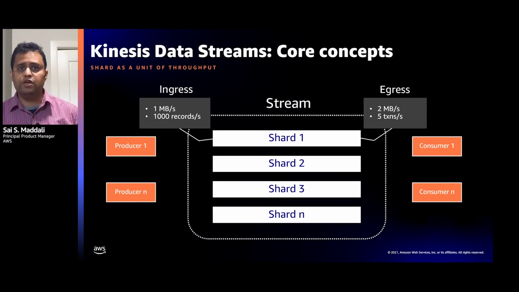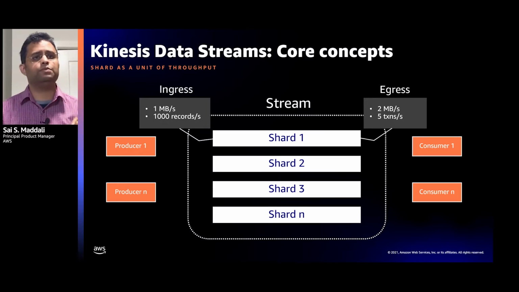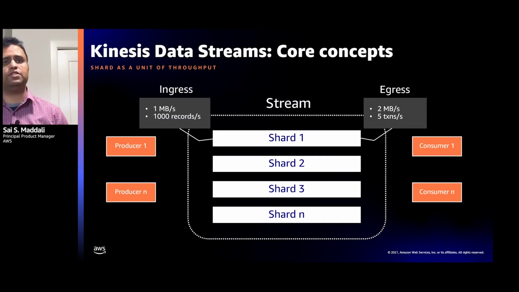To do this, you want to partition this data and take each chunk and process that so that you have end-to-end really low latency. Kinesis shards address this need precisely. They also act as a unit of throughput. So with each shard, you get about 1 megabyte per second for writes and 2 megabytes per second for reads.